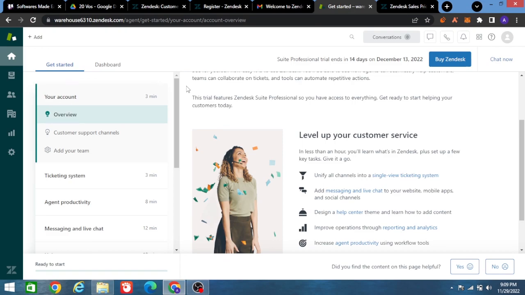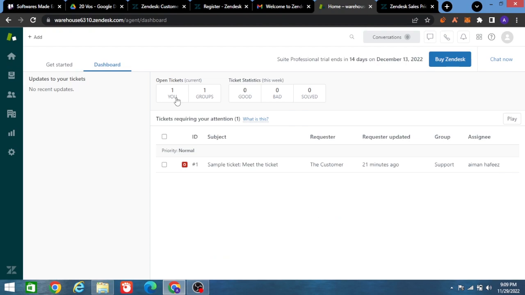Now what else you can do is go onto your dashboard and take a look at everything that's been going on in your Zendesk. Open tickets, this is your group. Open ticket statistics, you have your ticket ID, subject, and everything. And right here you have your home, your views, your customers, your organizations, your reporting, and your admin. So what I'm going to do is go on to get started,